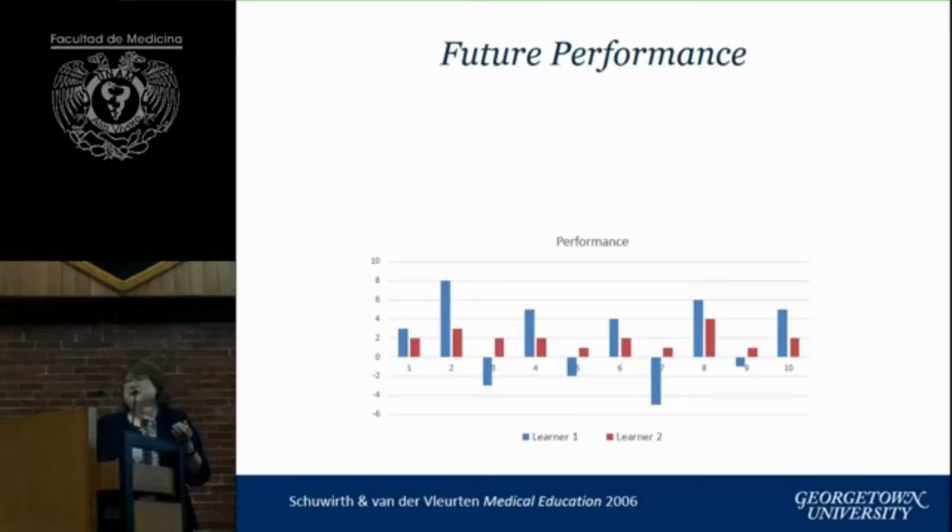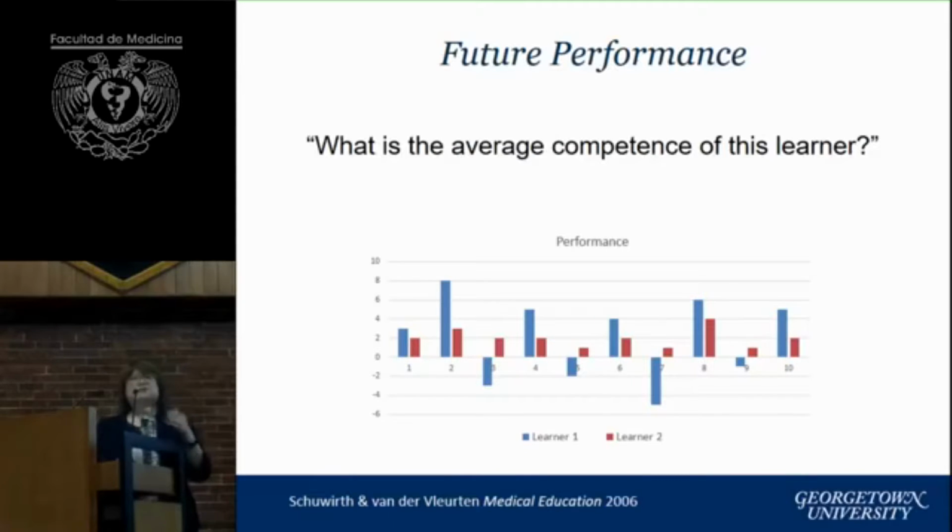Another thing I want to say about future performance is, here are numerical ratings of two different students, okay? The blue student and the red student. Usually the way we approach assessment is we ask, what is the average competence of this learner, of this student? And if you ask that question, the blue and the red student actually have the same average numerically. But if I tell you that the zero, okay, on the y-axis is what is safe for patients,